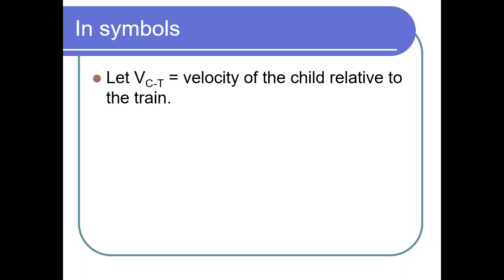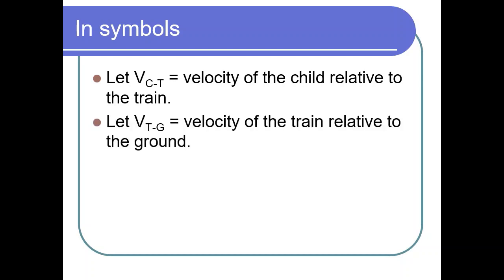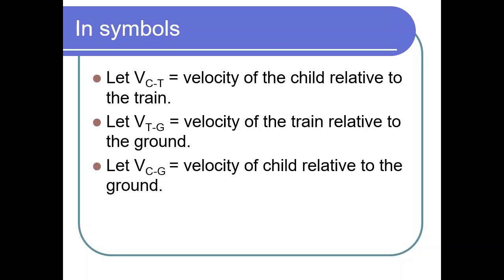In this case, it is relative to the train. And let us say then that the train is moving relative to the ground with a velocity VTG. So T is the velocity of the train, and G is the reference frame for that velocity. And then the velocity that we're trying to find is the velocity of the child relative to the ground,